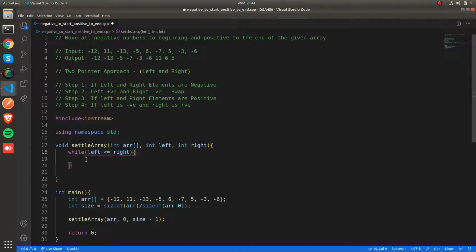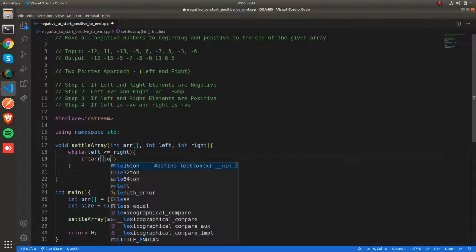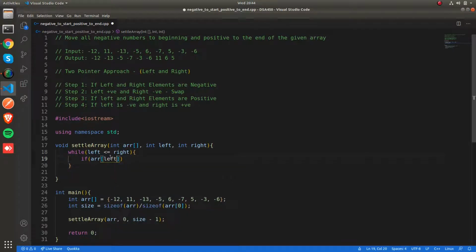So now we are going to implement these 4 steps. First we are going to check if array of left is less than 0 and array of right is less than 0.